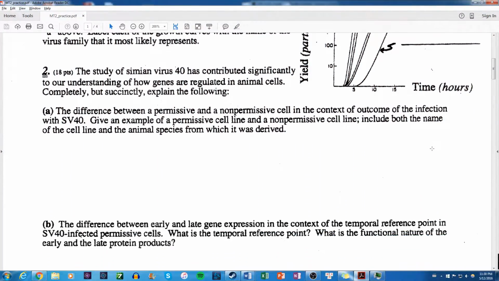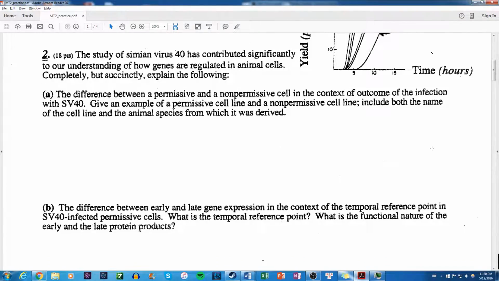Okay, so question number 2: the study of SV40 has taught us a lot about how genes work in animal cells. Now answer the questions. The difference between permissive and non-permissive cells in the context of outcome of infection with SV40. Give an example of each, and tell what cell line the examples come from. Now, I personally would also go a bit into the results of using permissive and non-permissive cells. So the answer that I put down for that was